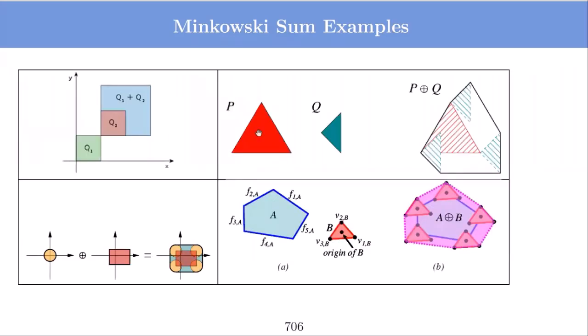The other examples you can also see. Suppose I take Q1 and Q2 and I have computed the Minkowski sum of this. You take each rectangle and shift to each point of the vector, right? So basically what you have to do is you have to take each point here and shift it to each point there and basically add it, and then you take the union of that. So this you can also do by taking the complete rectangle and shift its center to each point of Q2, right? Or you take Q2 and shift its center to each point of Q1, right? Regardless of what you do,